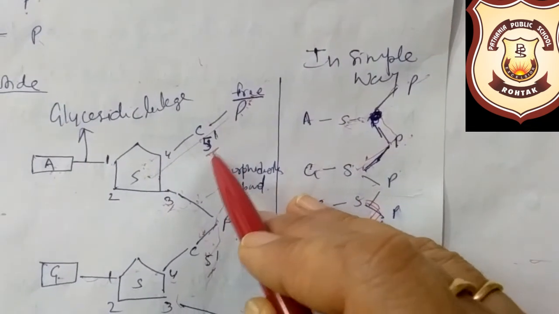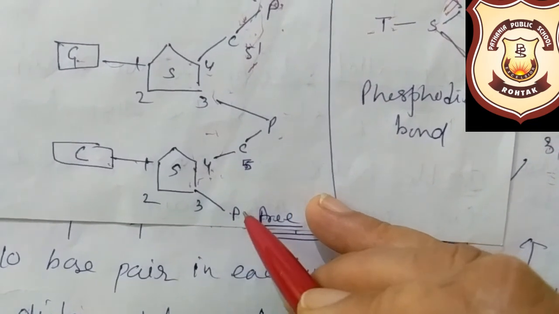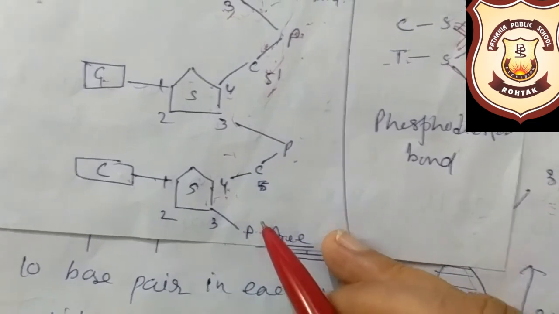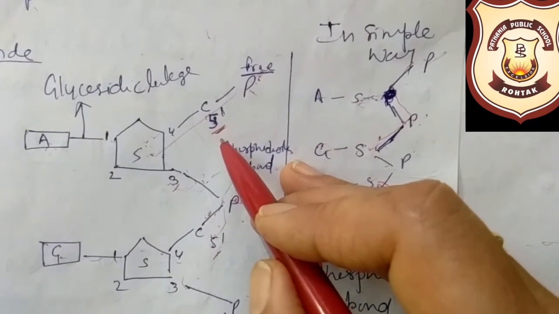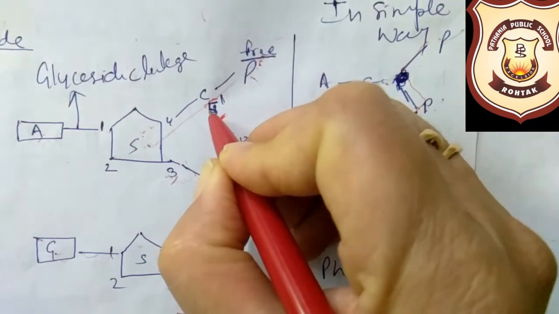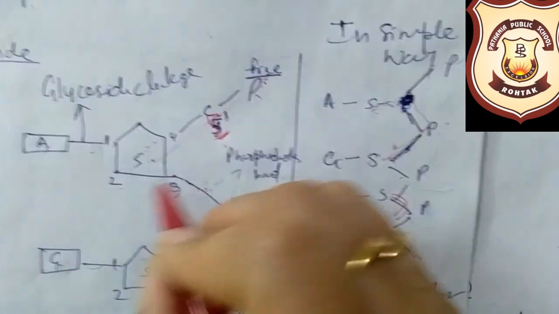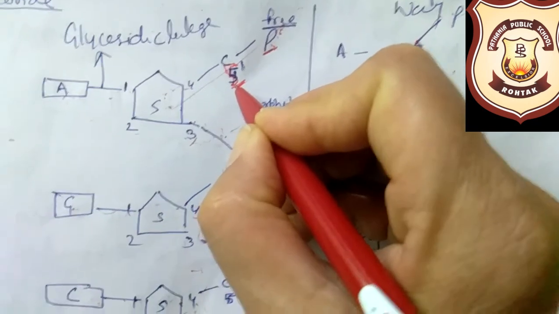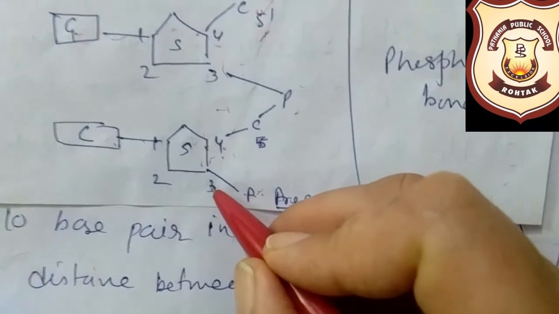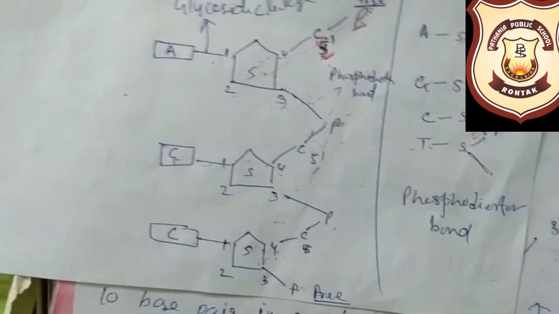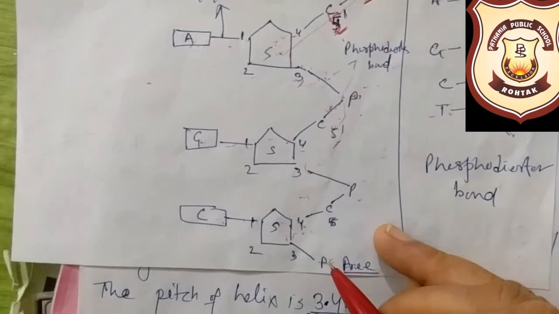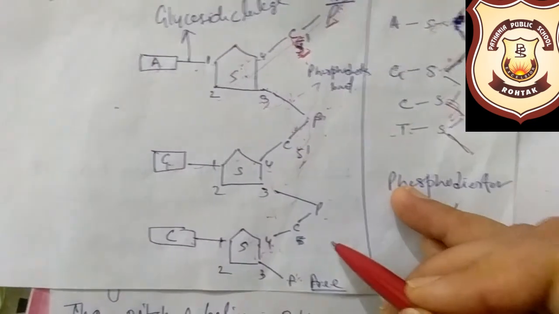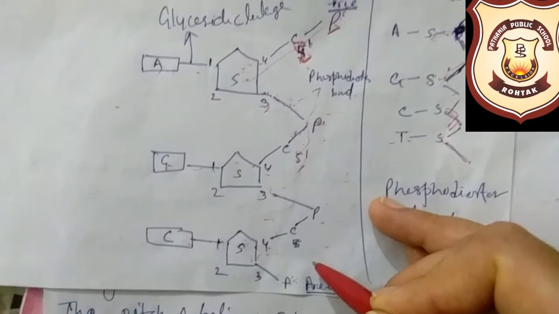So that way you can see that this was not 3', 5'. This is 5'. This 5' carbon, 1, 2, 3, 4, 5, this is the 5' carbon, whose phosphate is free. The phosphate which is linked to the 5' carbon is free. Here the phosphate which is linked to the 3' carbon is free. So DNA will end somewhere, wherever it ends. So this is called the 5' 3' end. If it is free at one end at the 5' position of the carbon, then definitely at the other end the free phosphate will be at the 3' position only.